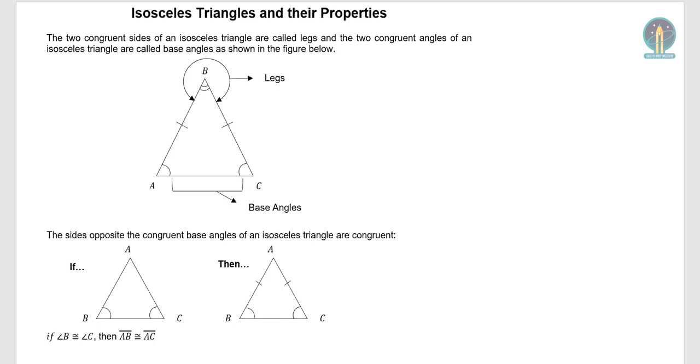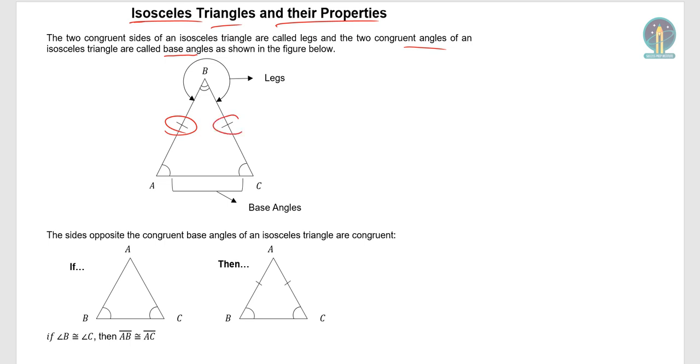In this concept, we're going to talk about isosceles triangles and their properties. So the two congruent sides of an isosceles triangle are called legs, and the two congruent angles of an isosceles triangle are called base angles, as shown in the figure below. So this is an isosceles triangle, ABC,